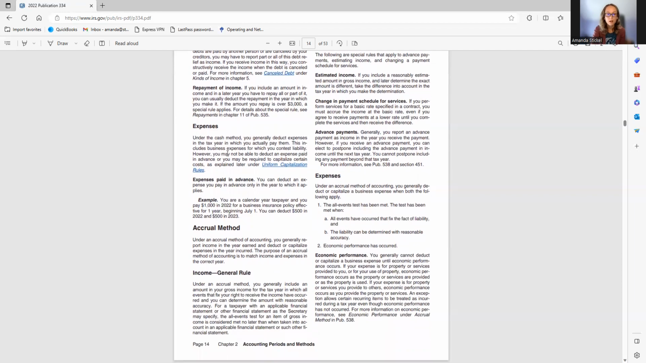Accrual method. Under an accrual method of accounting, you generally report income in the year earned and deduct or capitalize expenses in the year incurred. So those are the big changed words. The purpose of an accrual method of accounting is to match income and expenses in the current year. So I'm sure that'll explain it, but